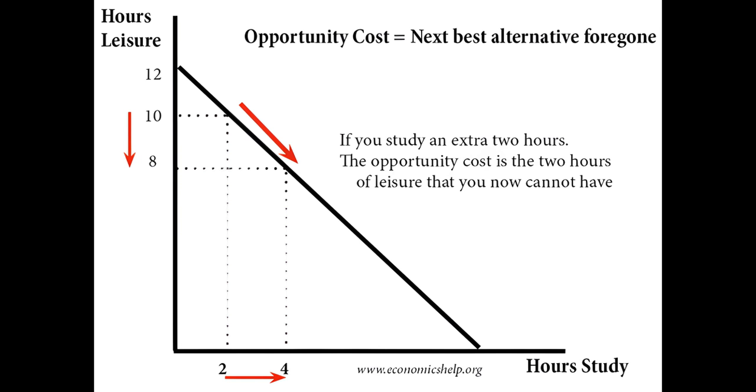The New Oxford American Dictionary defines it as the loss of potential gain from other alternatives when one alternative is chosen. As a representation of the relationship between scarcity and choice, the objective of opportunity cost is to ensure efficient use of scarce resources. It incorporates all associated costs of a decision, both explicit and implicit. Thus, opportunity costs are not restricted to monetary or financial costs. The real cost of output foregone, lost time, pleasure, or any other benefit that provides utility should also be considered